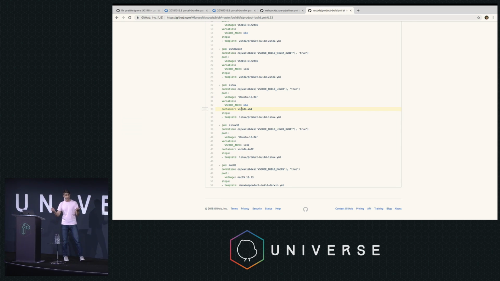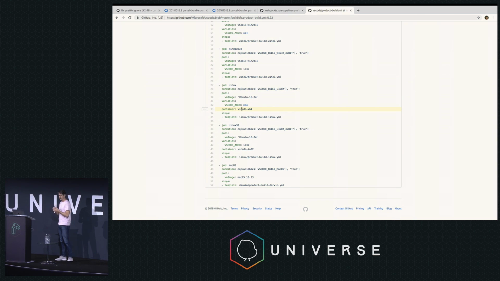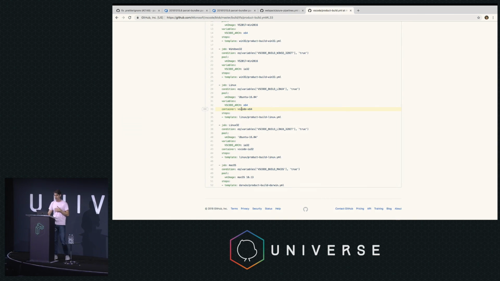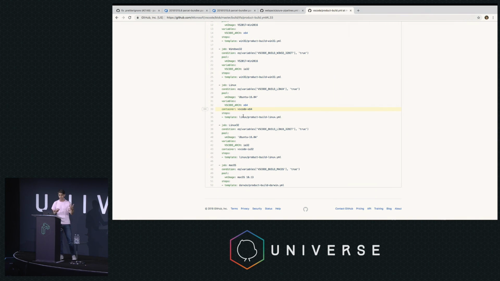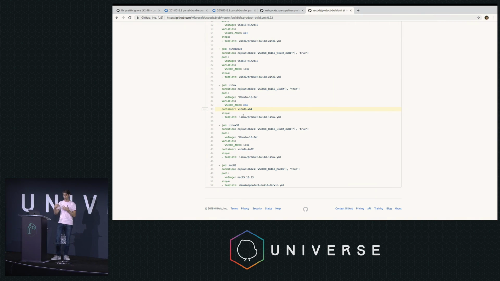And this can be whatever container you want. You can bring your own container. And then we're going to run all of those build steps that are defined. In this case, they externalize those into a template file, but you could have the steps right there. We're going to run those inside the container. So this is a great way to get